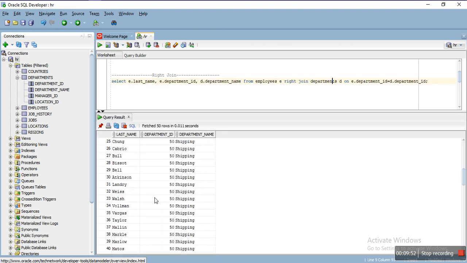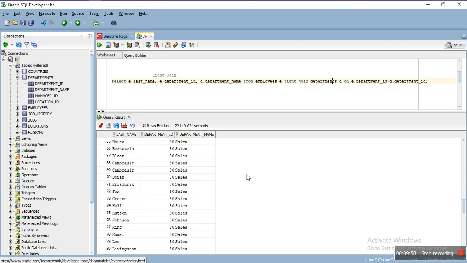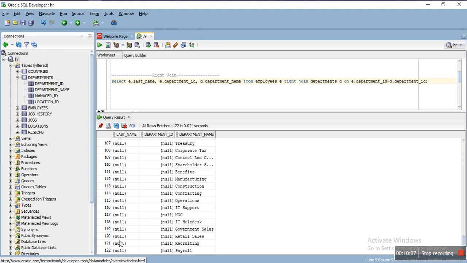And we can see here 122 records displayed for this right join query. Department name is also displayed here. If there is no last name and department ID, then it will display null.